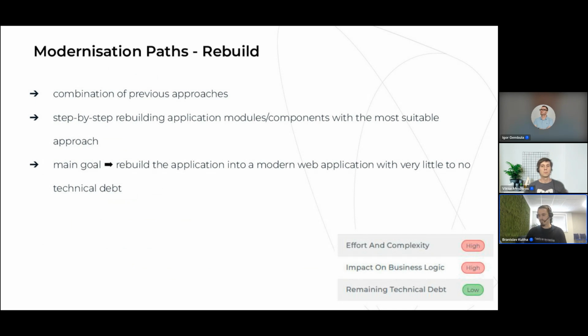Then you can just either get rid of the Swing application, or you can use the Swing application with Webswing as a backend for the data or for the business logic. So the effort and complexity here is much higher because you want to modernize the whole application. The impact on business logic is also high because you also need to touch the business logic sometimes,